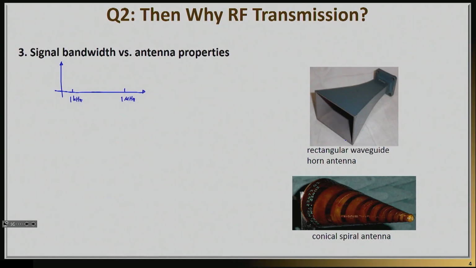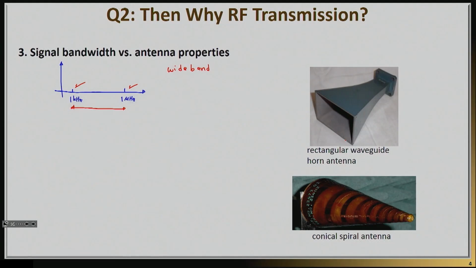What is the right wavelength for this antenna? Well, the reality is that for signals that occupy a relatively wide bandwidth, as you can see here, there isn't really a resonant antenna like a dipole that will work well. You actually need a fairly wideband antenna to work well. And by a wideband antenna, I mean an antenna that can actually radiate well both the low frequency signal as well as the high frequency signal.